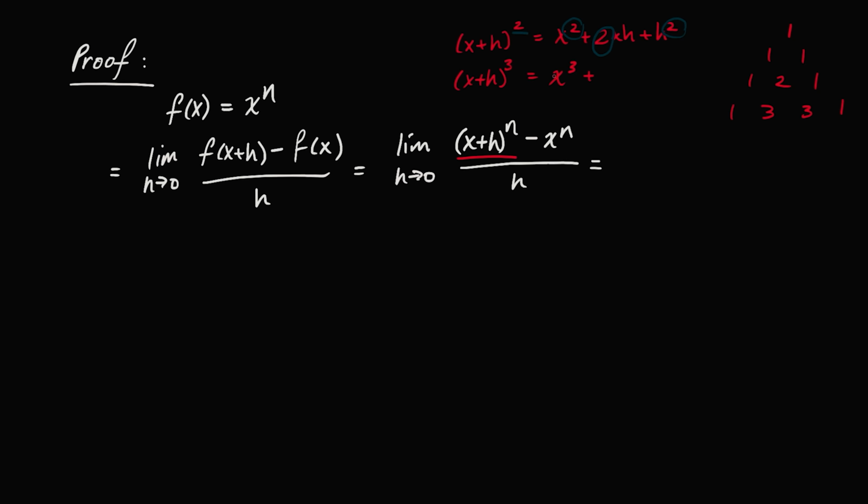So it'll be 1 in the front, 3x squared h plus 3xh squared plus h cubed. By using Pascal's triangle, we can figure that out. That's the binomial theorem, which we haven't discussed yet. It's a complicated process, but it's good to know for reference. Now that we have that all cleared out,